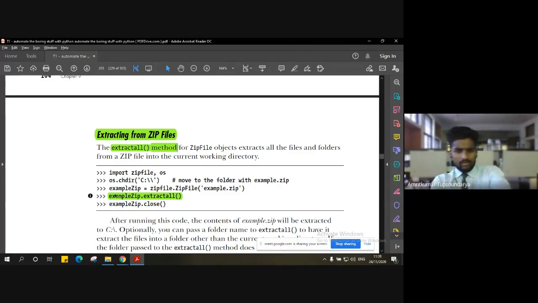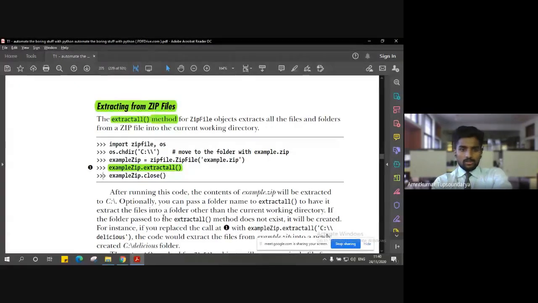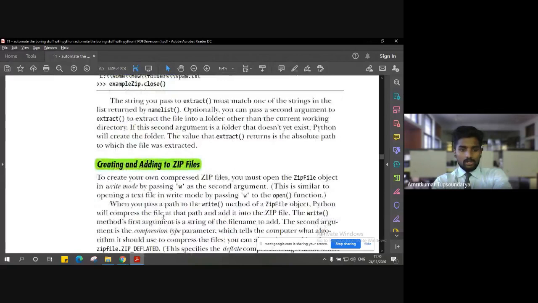Other things remain the same: import zipfile, import os, change the directory, use the command example zip = zipfile.ZipFile followed by the name of the file, and then use example zip.extractall. So extractall will help you extract the content of that zip file. And once you extract all, don't forget to close that file, right? That will save our memory. So this is all about zipping and extracting the content.